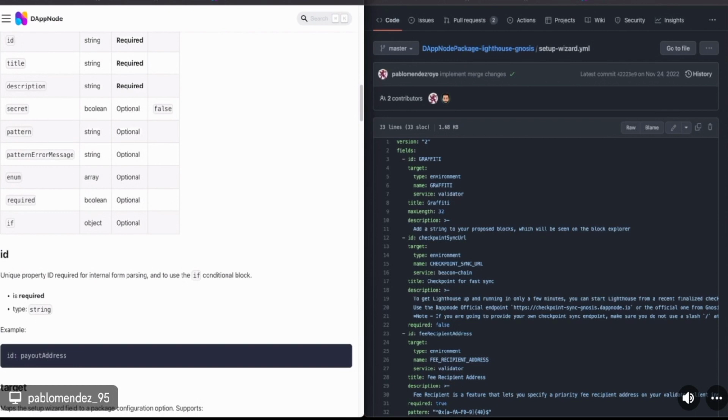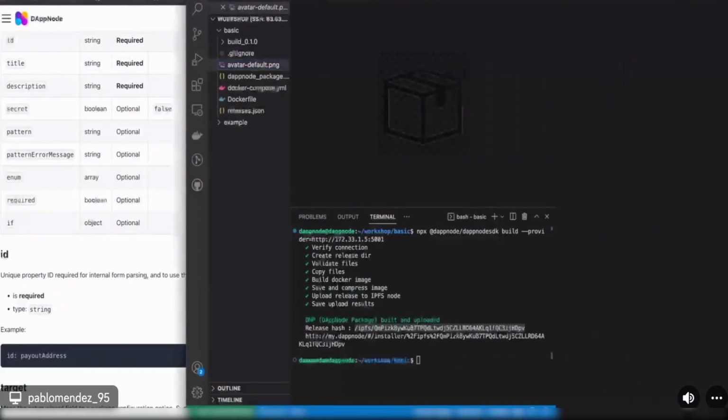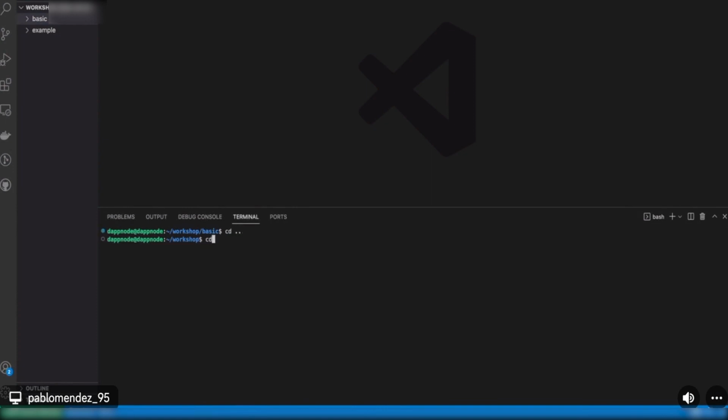So now I'm going to explain a more complex example, so it is more visible for all of us. That was the basic one, and now I will get into the example folder.